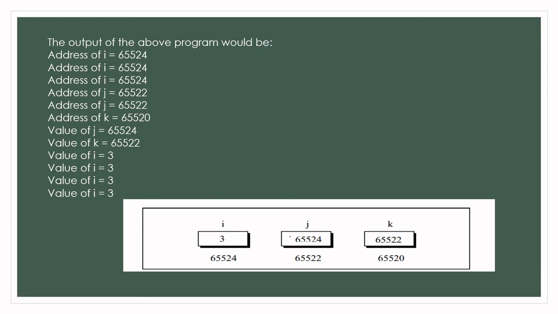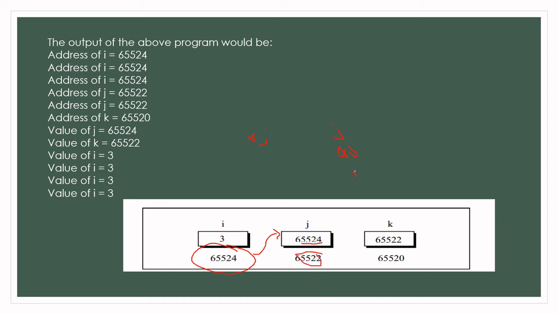For example, there are two memory locations. That pointer j contains the address of this location, and this j has got its own memory address. So the value of j over here is this address, and the address of j is 6522.